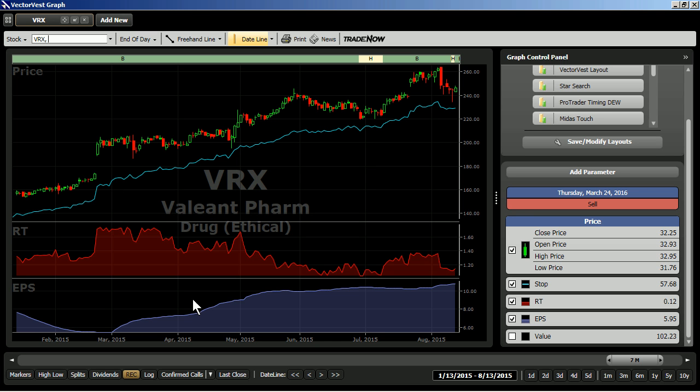We have that lower left to upper right movement. We've got earnings doing what we need it to do. We've got relative timing staying above 1, which are all positive things, the type of stock, again, that VectorVest Simple would find for us. But if I use this right-facing arrow down here to kind of go back in time,